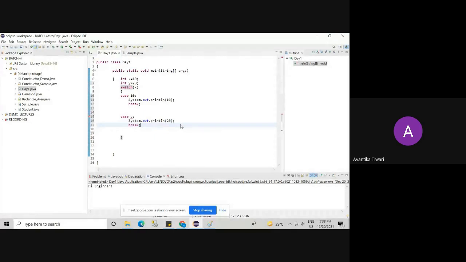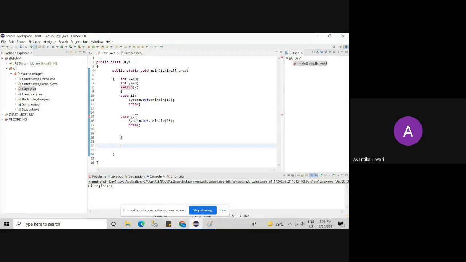Yes, ma'am. Yes, tell me, is this program going to execute? What do you think? What the compiler is going to do? Everything is fine, switch is there, case is there. No, ma'am. On 15 line, we have to use integer, 20. But 20 I assigned to one character, and character is also allowed inside switch. Then what is the problem?